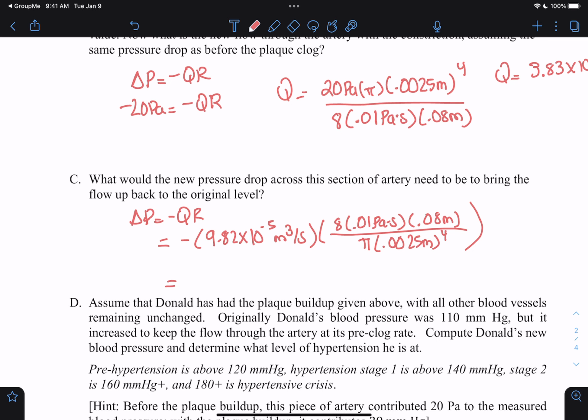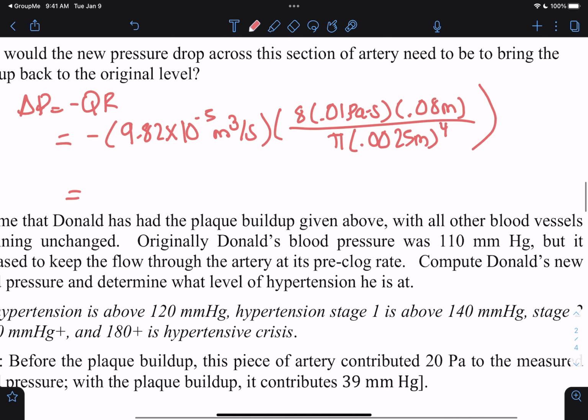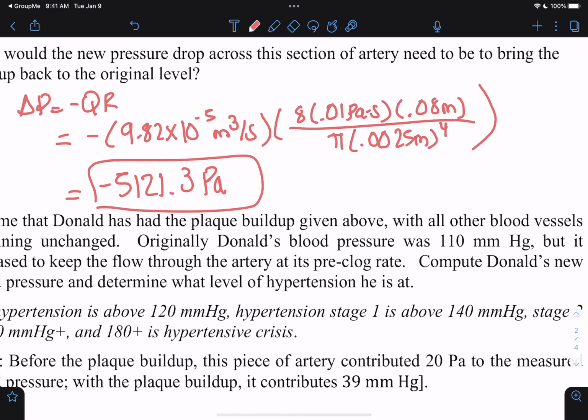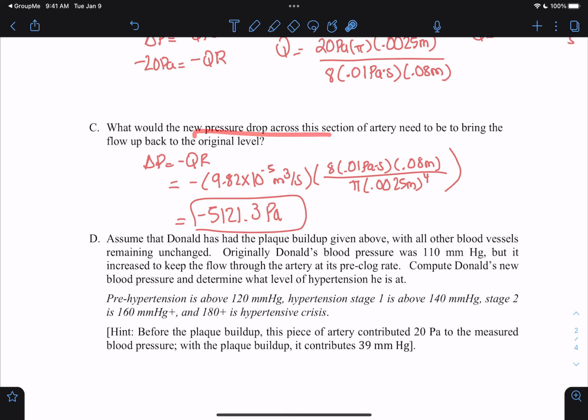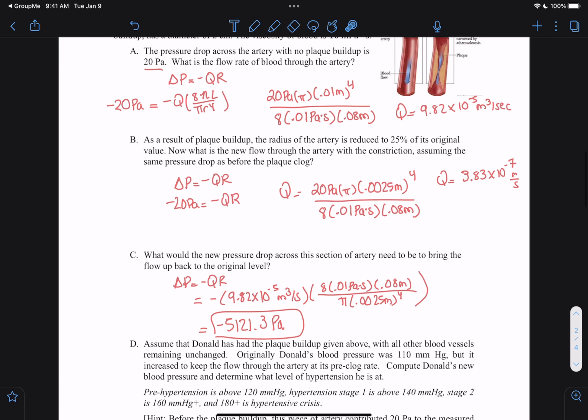In that case, with this pressure drop, we can see that it's going to be negative 5,121.3 pascals for our pressure drop, right? That'd be the new pressure drop to maintain the original flow with the constriction. So the blood pressure would have to drop to maintain the same amount of blood flow given that new constriction there because of the plaque buildup,